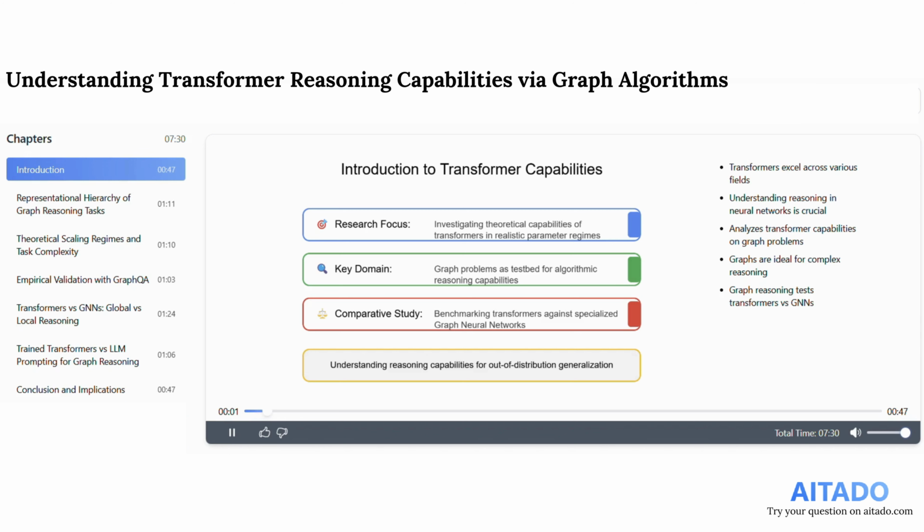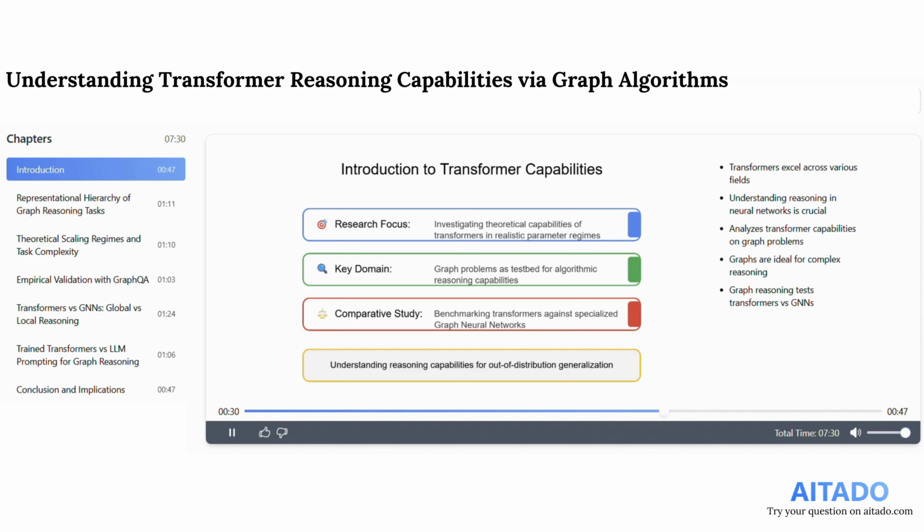The document provides an overview of how transformers excel across various fields. It emphasizes the importance of understanding reasoning in neural networks, particularly in algorithmic contexts. The focus is on examining the capabilities of transformers on graph problems, which serve as ideal models for complex reasoning processes. The image highlights the research's core areas, investigating the theoretical capabilities of transformers in realistic settings, using graph problems